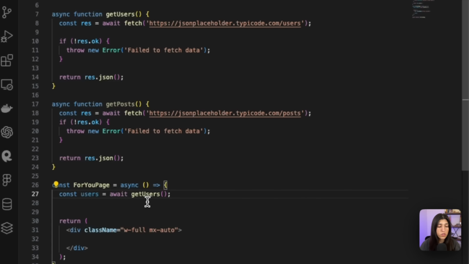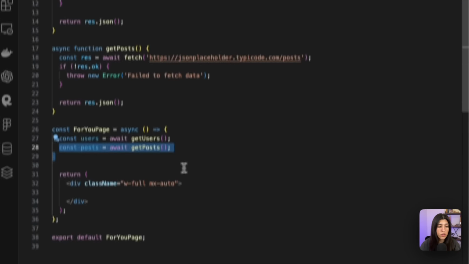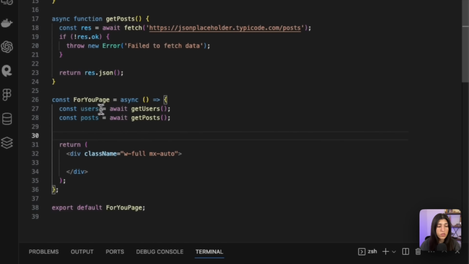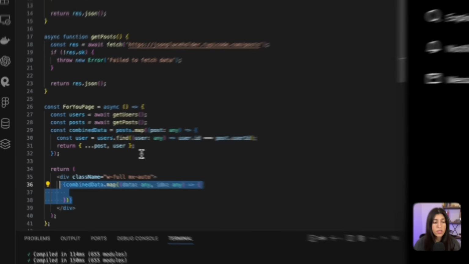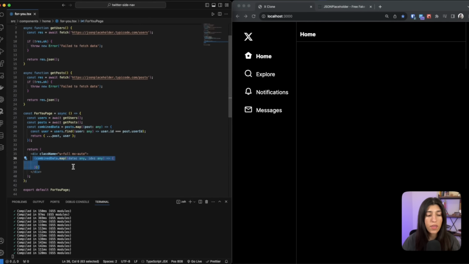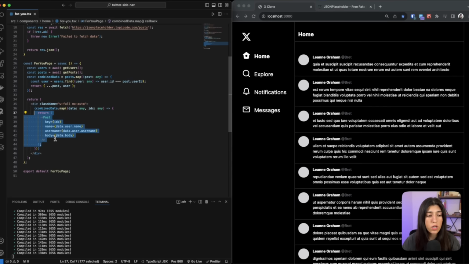So here's our function. We're going to use an await, wait until it's done finishing fetching. And then we are also going to get it for our posts as well. So we have our users and our posts. So we want to combine that data and then call it combine data. So we're going to map through the posts and the users, and for any user ID that is equal to the post of user ID, any post that is associated with a specific user, we're going to return both the post and the user, and then we're going to use that data to then map through it and then input our data within our post function.